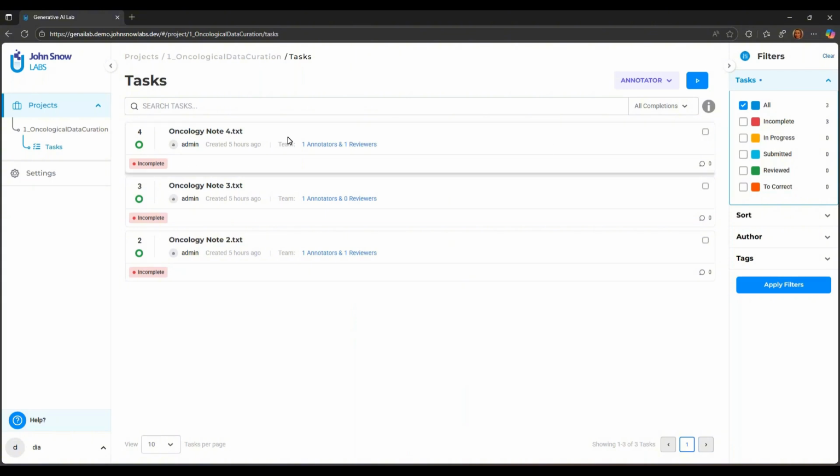When the annotator assigned to them starts working on the task, they will switch status and will go to in progress. When the annotator is done and they have submitted a ground truth completion, they will go to status submitted. When they are submitted, they will become available to the reviewers to review, and the reviewer can accept corrections or the annotations from the annotators, or they can send them back, and then the task will go to status to correct. Okay,